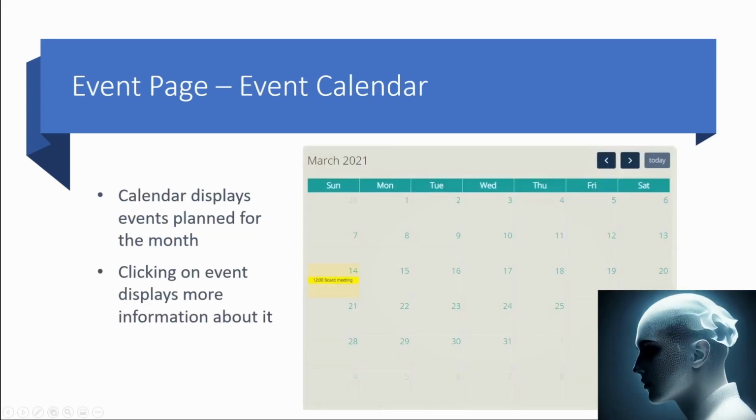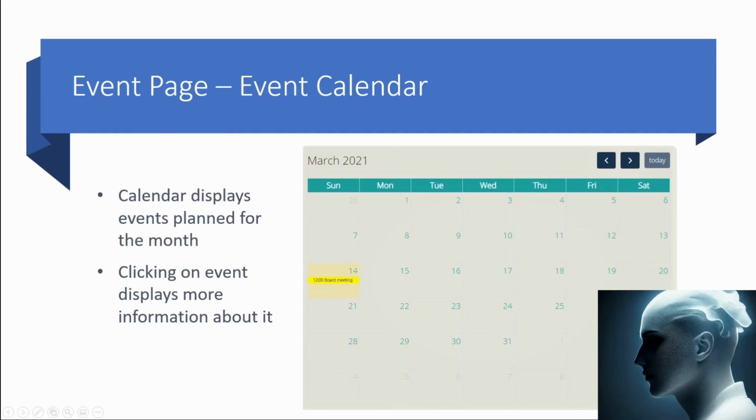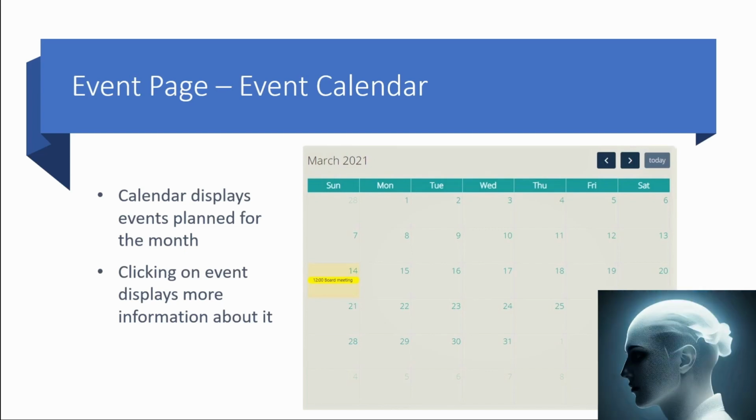On the event page, we have a full calendar. On it, users can see all the events planned for the month. Each day displays a list of events in the order they occur. Clicking on one of the events will open up a more detailed description of the event. And to close this